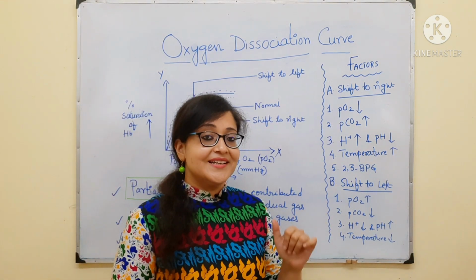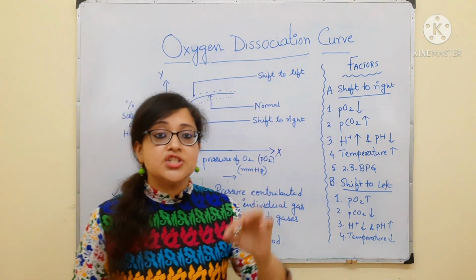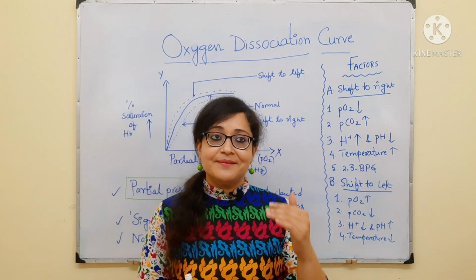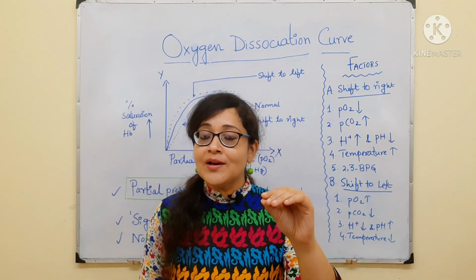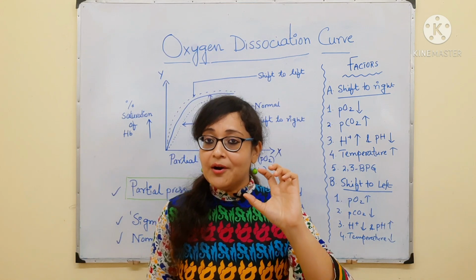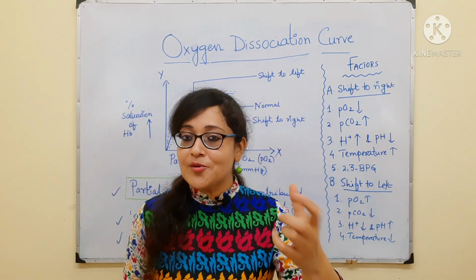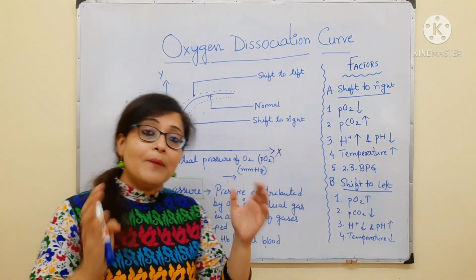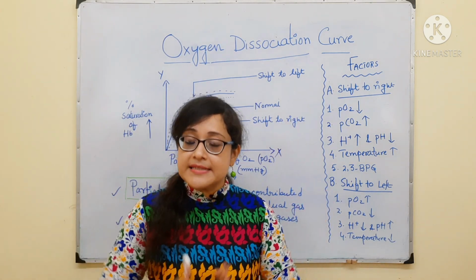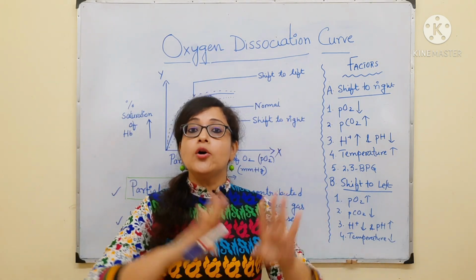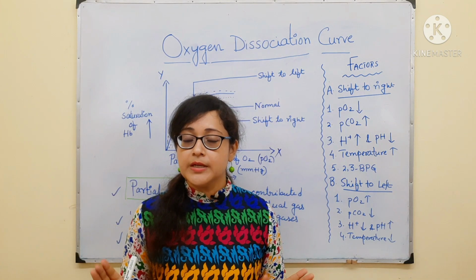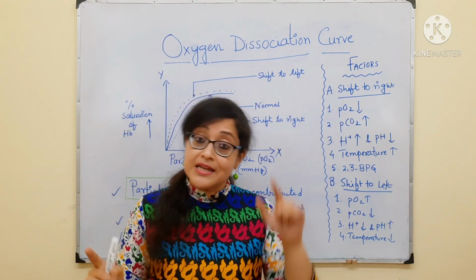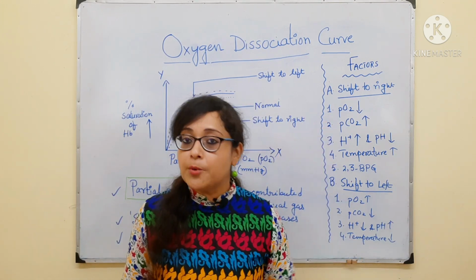As I have mentioned, the binding of oxygen to hemoglobin is cooperative, right? It means the binding of one oxygen molecule is difficult, but once one oxygen molecule gets attached to hemoglobin, it will facilitate further binding of the other oxygen molecules. Now, once all 4 binding sites of hemoglobin are occupied with oxygen, will hemoglobin be able to bind more oxygen? No, it won't. That means hemoglobin has reached its saturation point.